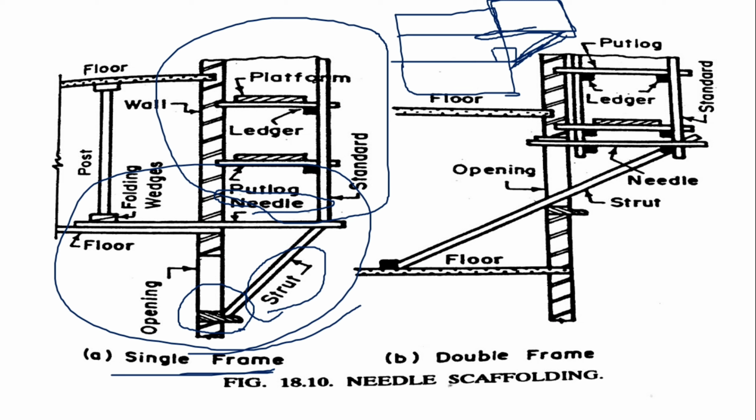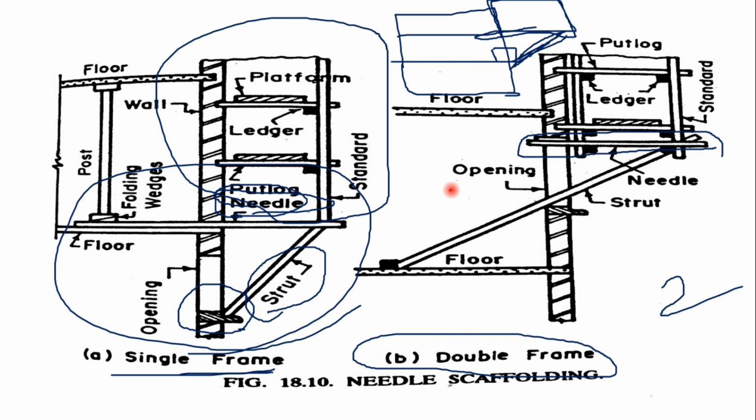Now the second condition, sir, may be possible that it is not necessary to provide the needle on my side, because afterwards I also need to provide a hole in my wall. So at that time we go with the second figure, that means double frame. Okay, so what is happening right now, the entire procedure is the same, but only one thing is changed. The needle is only fixed with the opening area.